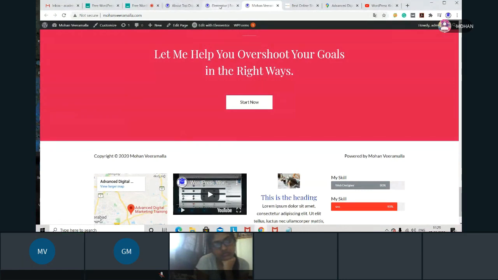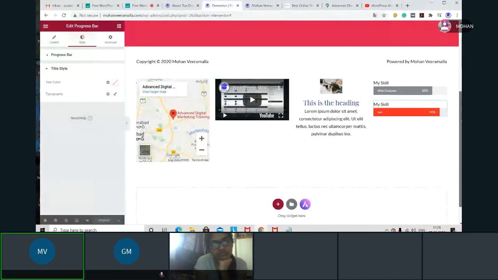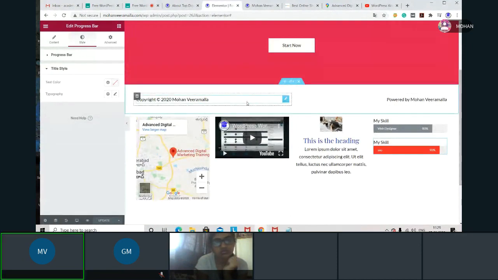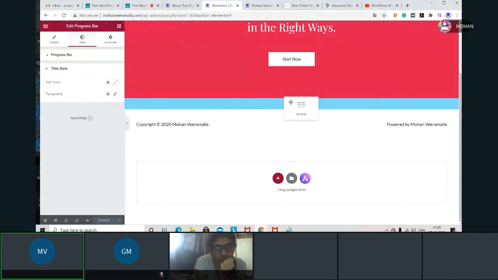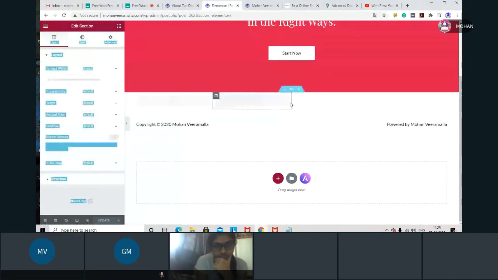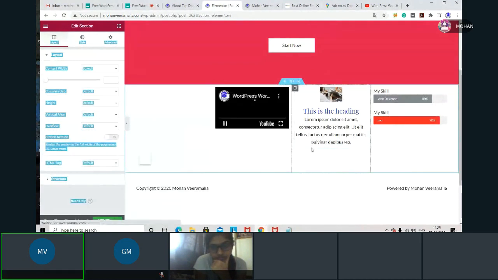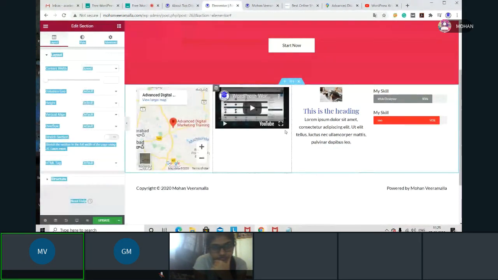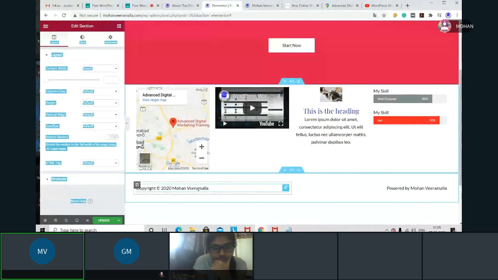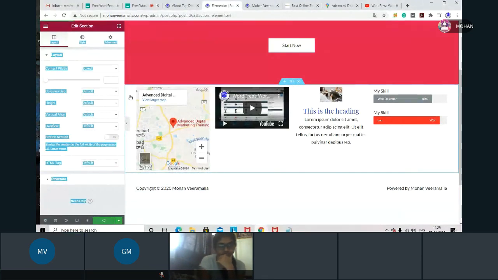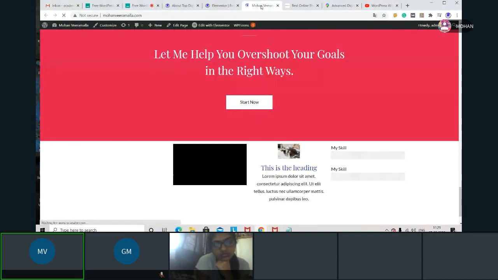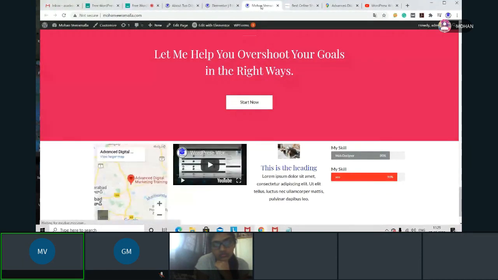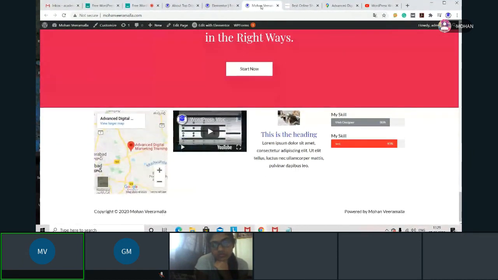Now what to do? I'll be going to Header. Simply what I will do is take this box and drop it in the top section. Got it? I simply dragged it and dropped it. Why? Maximum this section will be in the bottom, so that's why I set it in the top. So update it, then go to the website and refresh. Now what happened? After that pink color bar, we are getting these four widget areas, and under that I have the footer.